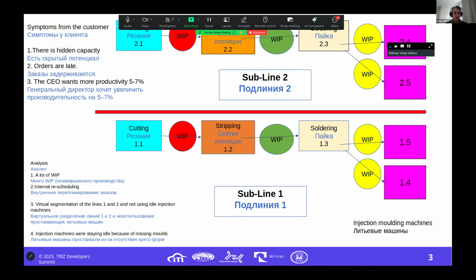From the analysis, my first symptom was that they have a lot of WIP, a lot of work in progress, which according to Little's law is not good and could be a reason for late orders. The second symptom was that they are doing internal rescheduling. What do I mean? Between station 1 and 2,